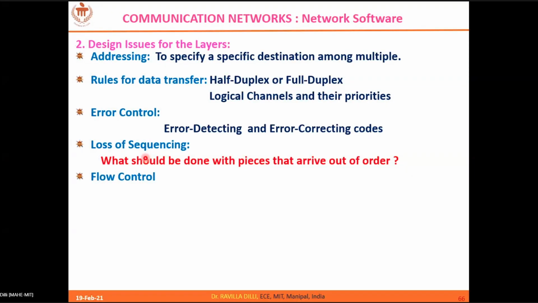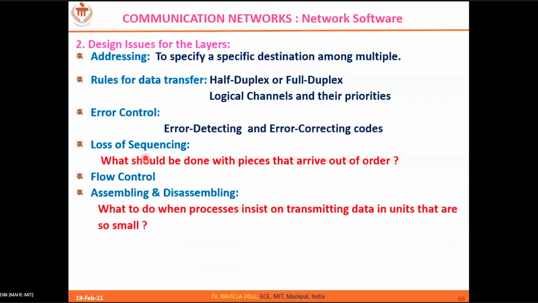How exactly are you going to synchronize these two, a fast sender and a slow receiver? The sender is sending data fast, but the receiver is not capable of receiving data at that rate. So how are you going to coordinate these two? That is called a flow control issue.